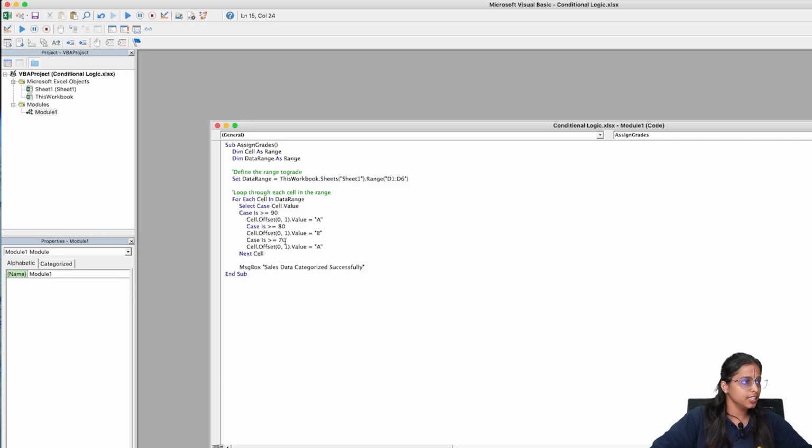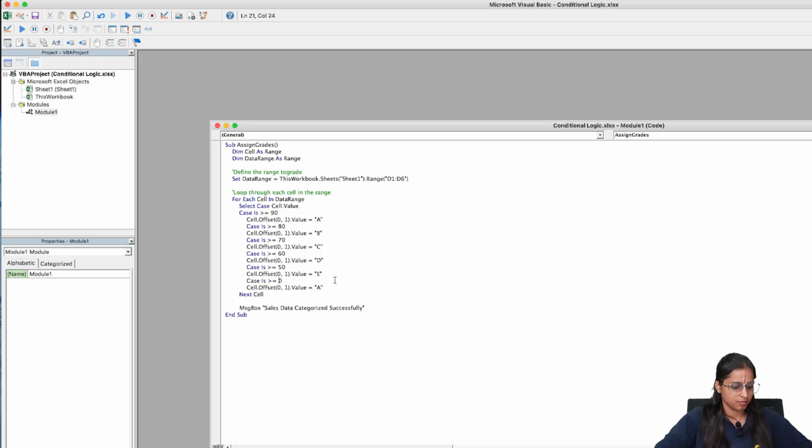If it is 70, I'll give it a C. If it is 60, I'll give it a D. If it's 50, I'll give it an E. And if it is less than 50, I'll give it an F. Or I can just write it as Case Else.